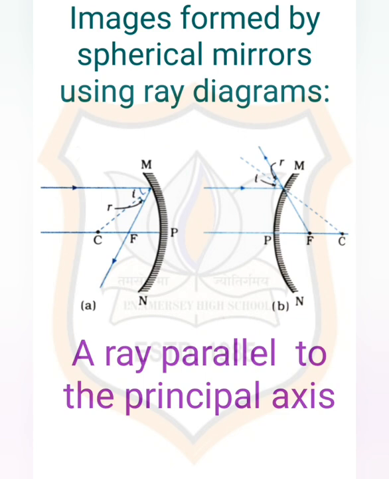Here first diagram is showing that light ray is parallel to the principal axis with concave mirror, and in B case it is parallel to the principal axis with convex mirror. So a ray parallel to the principal axis after reflection will pass through the principal focus in case of concave mirror, or appear to diverge from the principal focus in case of convex mirror. So in first diagram it is showing that after reflection it is passing through exactly the focus point, while in second case it is also passing from focus but diverging.